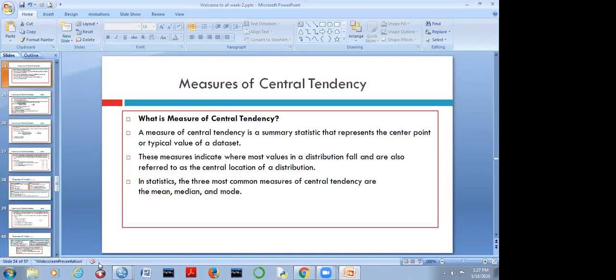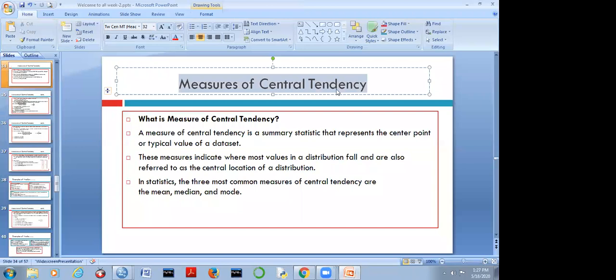सेंट्रल टेंडेंसी। ठीक है, सबसे पहले मैं कॉन्सेप्ट समझा दूंगी। अभी 2 बजे तक क्लास है, 2 बजे के बाद जितना समझता आज होता है उतना, नहीं तो फिर मैं कल और कंटिन्यू करूंगी आपको इसको। ठीक है, क्योंकि मेरा ऐसा है कि थोड़ा सा कॉन्सेप्ट आप लोगों को क्लियर हो जाए तो फिर हम थोड़ा तेजी से भागेंगे, चलाएंगे। नाउ मेजर ऑफ सेंट्रल टेंडेंसी, पहले हम समझेंगे मेजर ऑफ सेंट्रल टेंडेंसी होता क्या है। व्हाट इज मेजर ऑफ सेंट्रल टेंडेंसी? ठीक है, अ मेजर ऑफ सेंट्रल टेंडेंसी इज अ समरी स्टैटिस्टिक दैट रिप्रेजेंट्स द सेंटर पॉइंट ऑर टिपिकल वैल्यू ऑफ अ डेटा सेट।